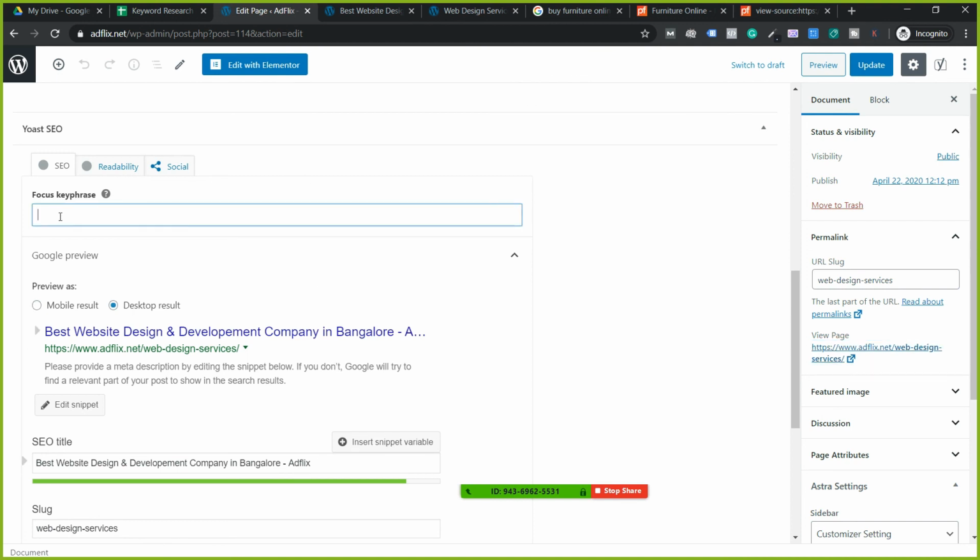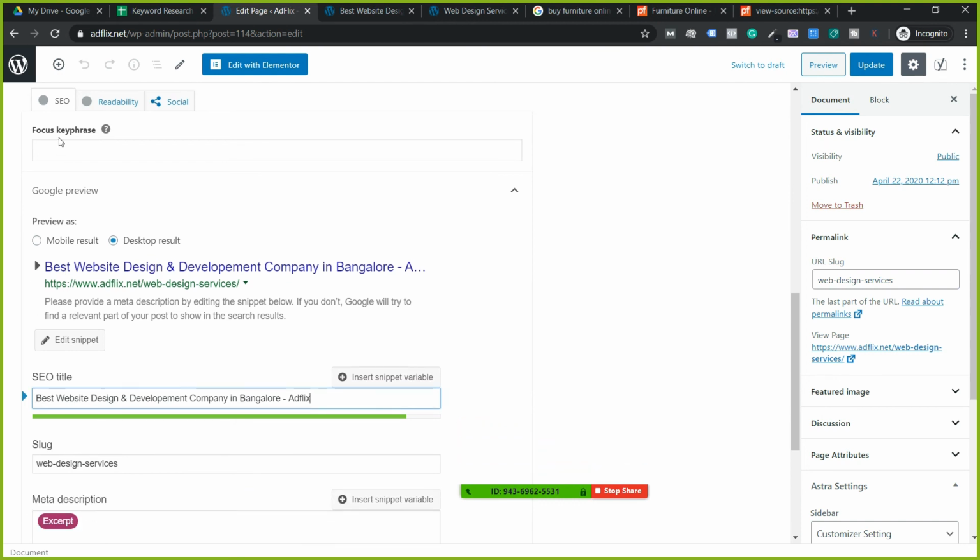No need to put the focus keyword and all. Don't worry about it. It generates a lot of questions that you can't even act on. But trust me, follow my system. You should definitely get good results. Click on it, and no need to put it. Focus keywords have nothing to do with it. Just add it here. And this is how you write it for the title.